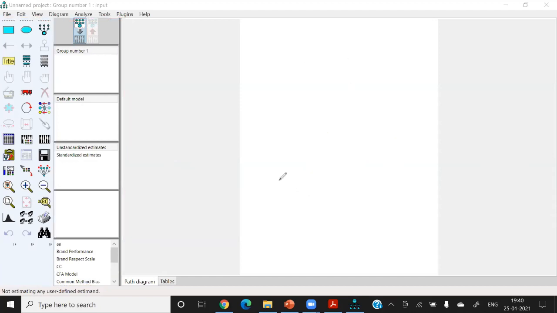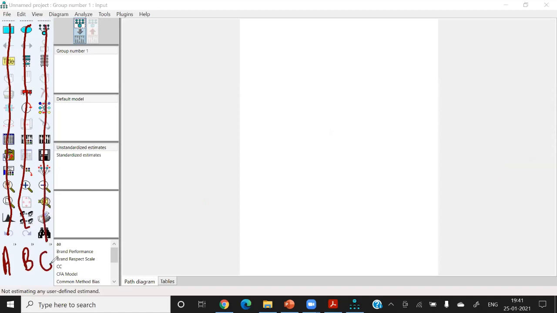Now in this case, there are different icons and we have to learn these icons very carefully. For example, for this icon, you should know what it means. For simplicity, I call these icons column A icons, these column B icons, and this column C icons. So suppose we have C5. What is the meaning of C5?